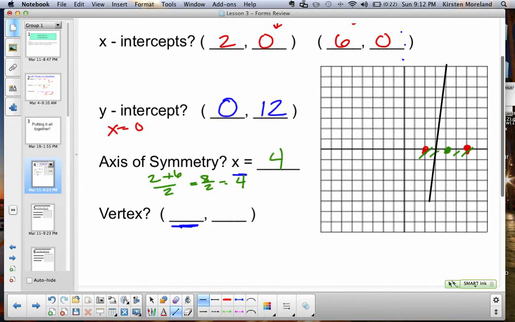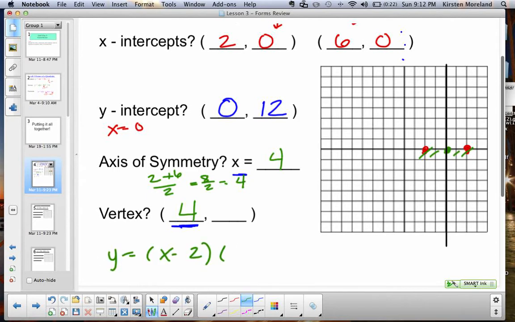All right, so I got my axis of symmetry, which means the vertex lies somewhere on that line there. I know the x-coordinate of the vertex is 4, so I'm going to take my equation, and all I'm going to do now is replace x with what I know it is. I know the x-coordinate is now 4, so I'm going to write (4 minus 2) and (4 minus 6) instead of x. So that gives me 2 times negative 2, which gives me negative 4. So if I look, my vertex is at (4, negative 4),